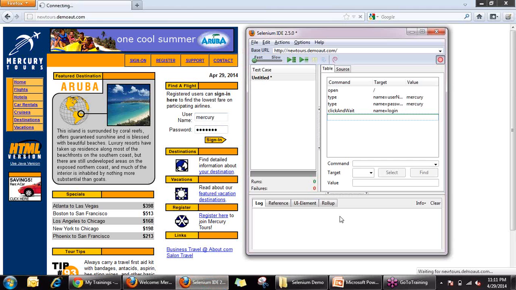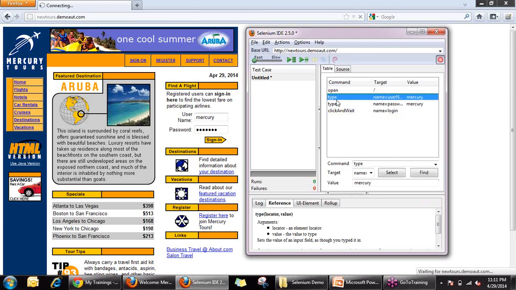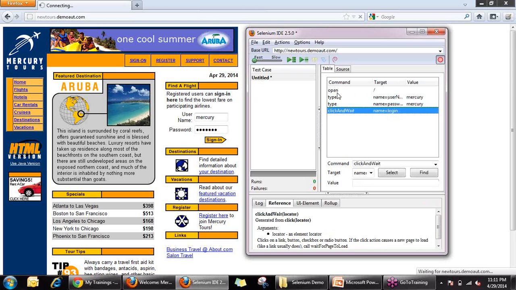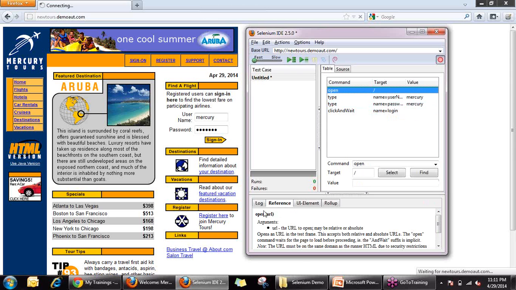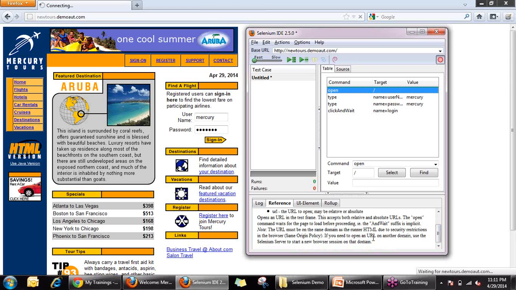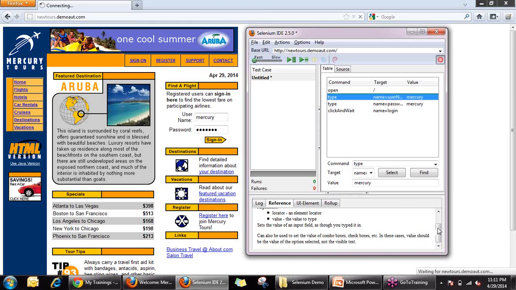As we are performing these steps, we can very well see the different commands are being captured. As you see each command, in the reference section you can see what this command does and what are the arguments which it takes and what is the explanation of these arguments. This is quite a helpful reference. Similarly, if you go to type, you can see that it takes two arguments.